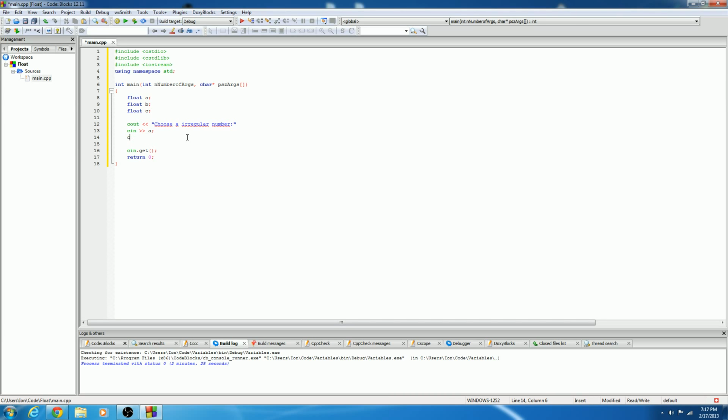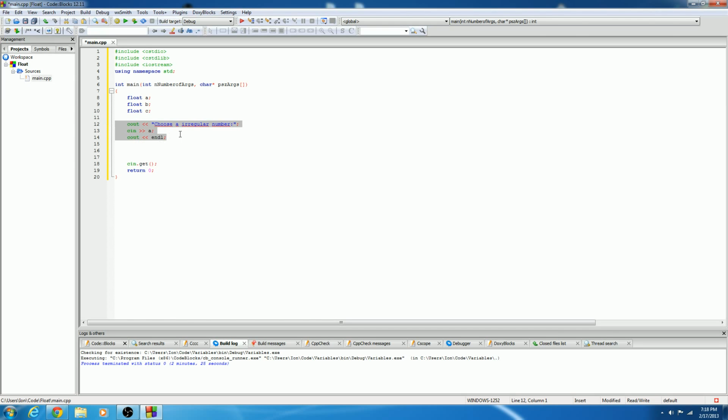So cout, command end line. Don't forget semicolons. Those are important. That actually ends the command. So then let's say, okay,